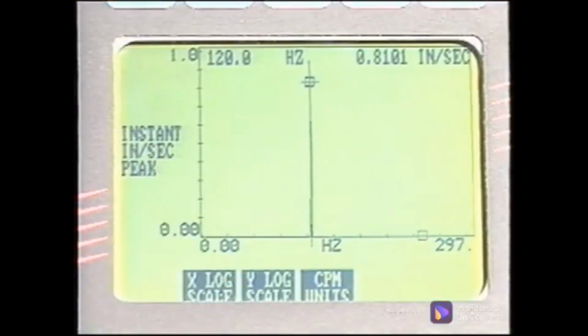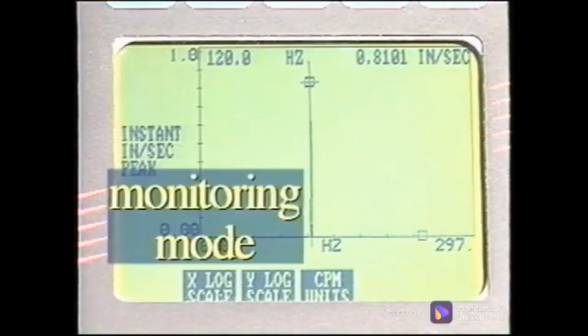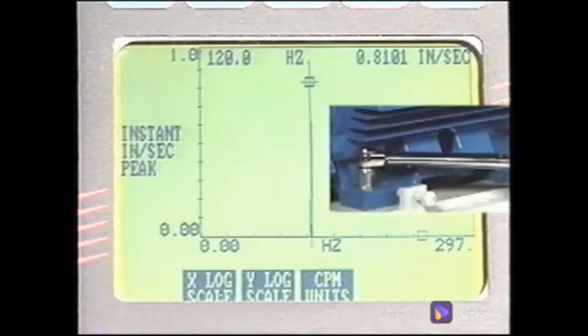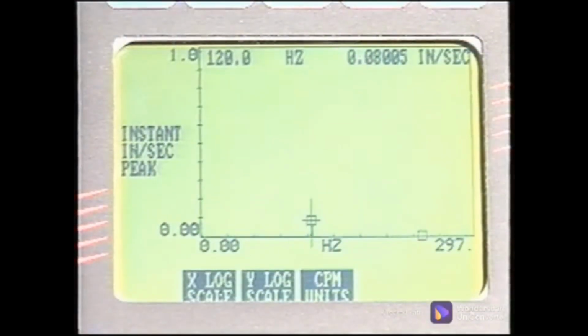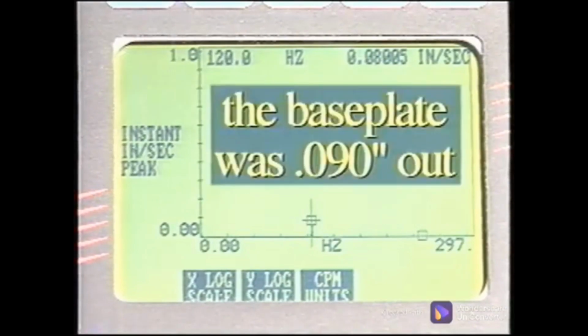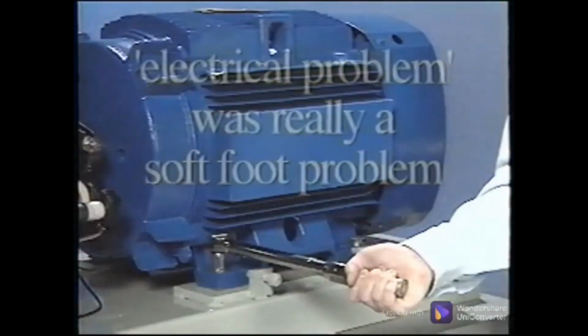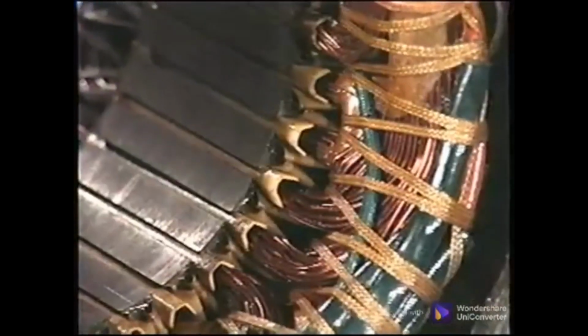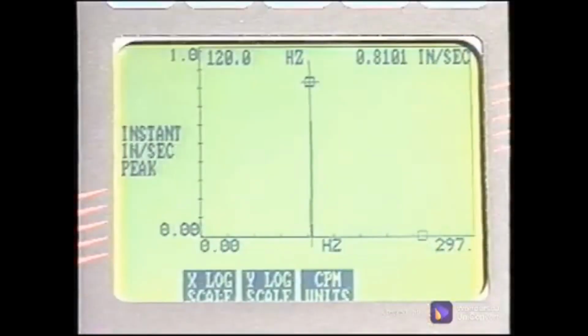Using the same high-resolution settings, the analyzer was put in the monitoring mode to monitor the peak. Then 1 foot on the motor was loosened a half a turn. The peak dropped to 0.08 inches a second. When the base plate was checked, it was 90 thousandths out. This so-called electrical problem was essentially a soft foot problem that twisted the stator, causing the 2 times line frequency